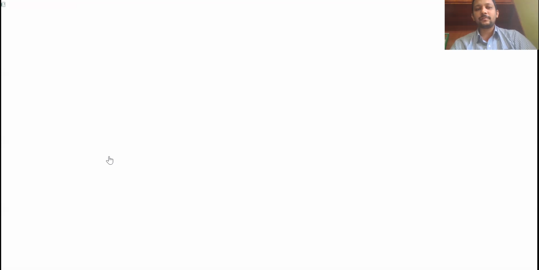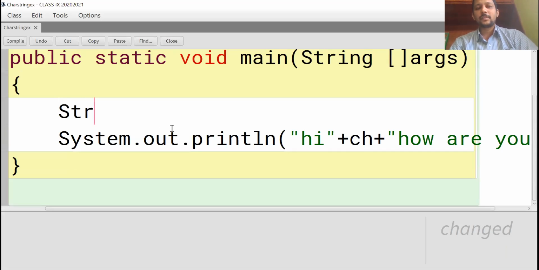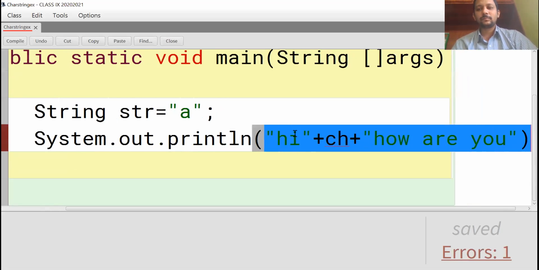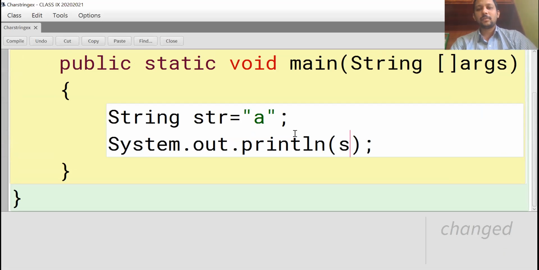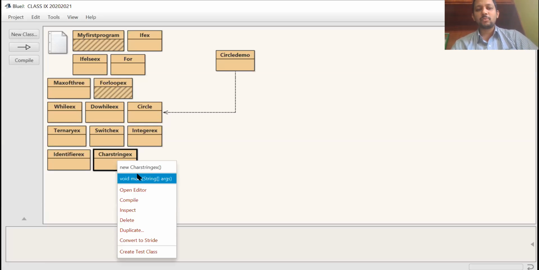Your own name is string str is equal to "a". How do you print str? Compile. No syntax errors. One or a group of characters. So what is your output? Small a.